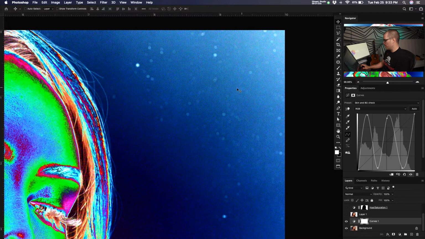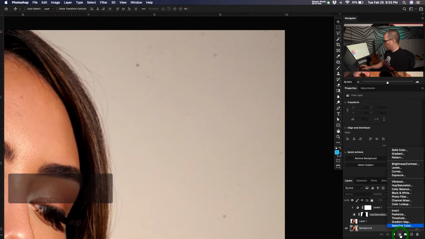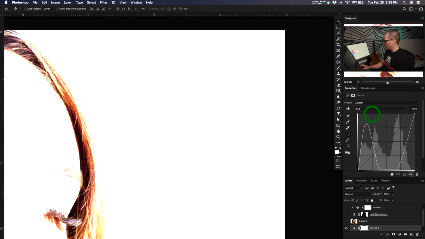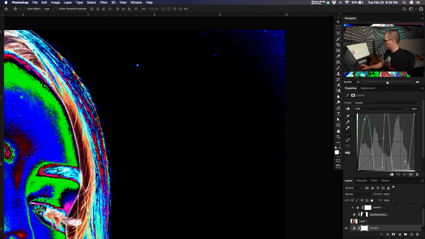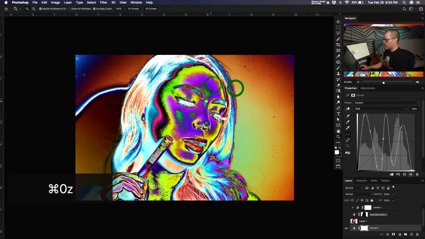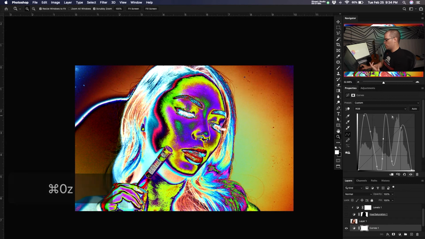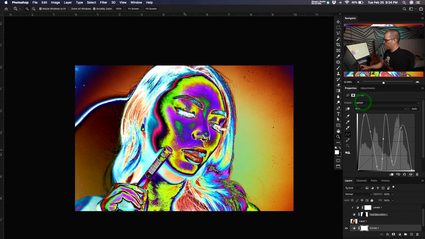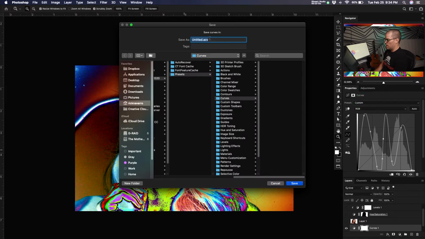So how do you make a preset? Well, let me show you. I'm going to go in here and create a curves adjustment layer, and I'm going to manipulate my curves here. I'm just basically plotting points on here. And again, this allows me to see better than I would with the naked eye or on a raw image. So what I'm going to go to is this little drop down right here that says Save Curves Preset. If I go save, I can title this Curves Sample, and it's going to save it inside of the